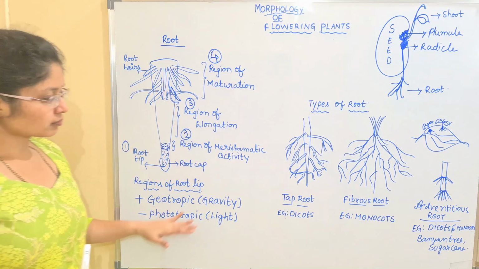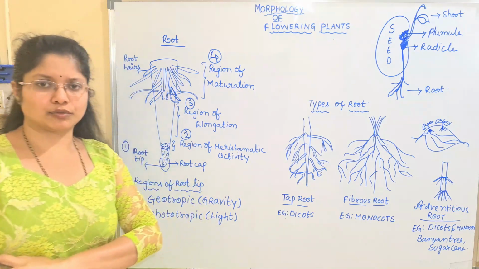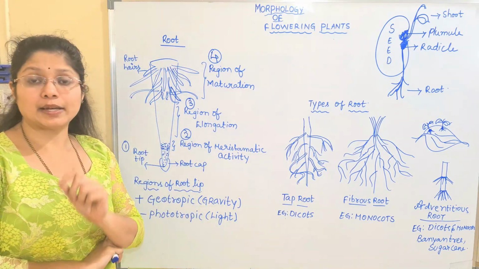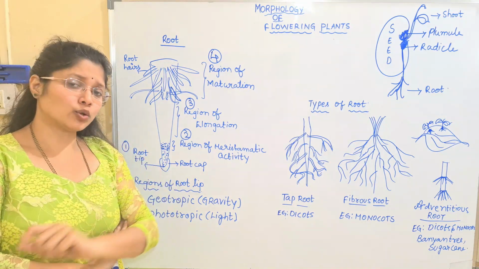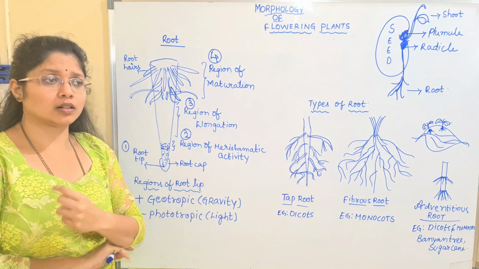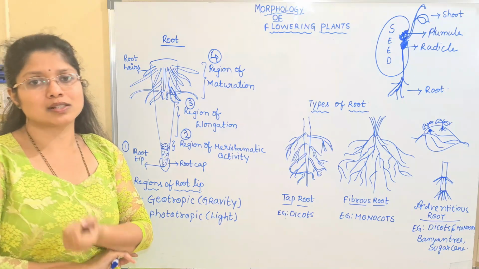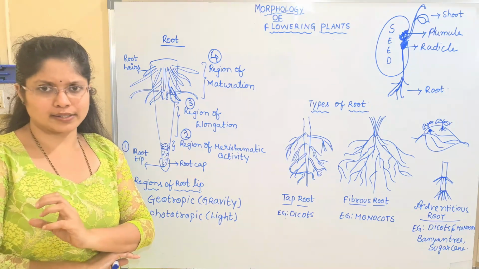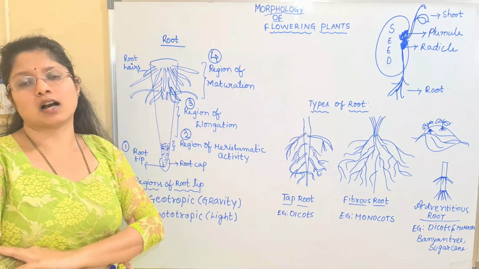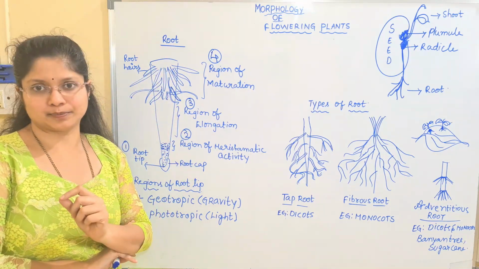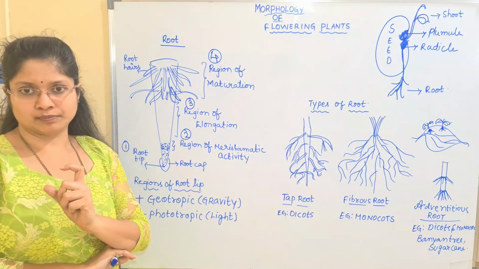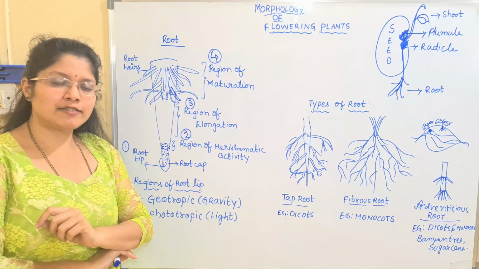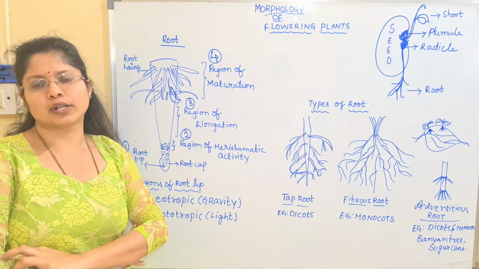So now we have seen the structure of the root. Now we will see the types of the root. First, you have to be aware of the shoot system and root system and their origin. So how are these two structures originated? Basically, the life of a plant starts from a seed. Seed is a starting structure. So here the seed will be producing 2 structures during germination.